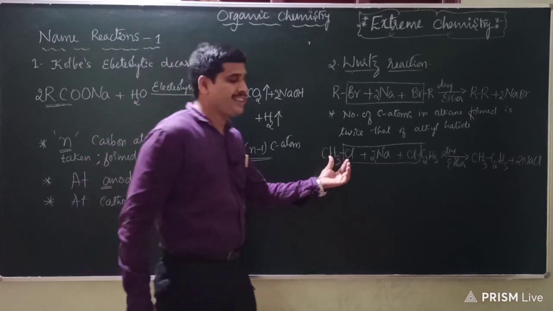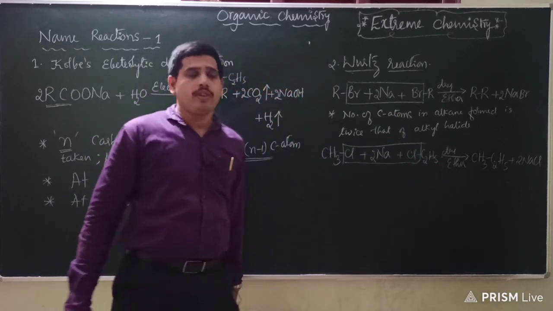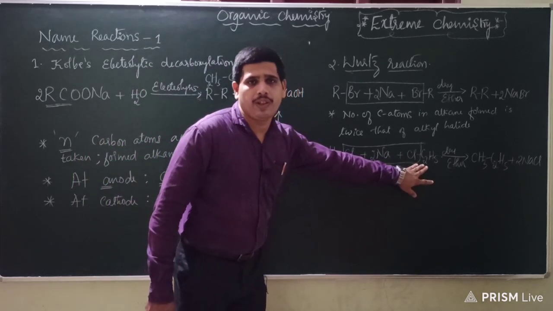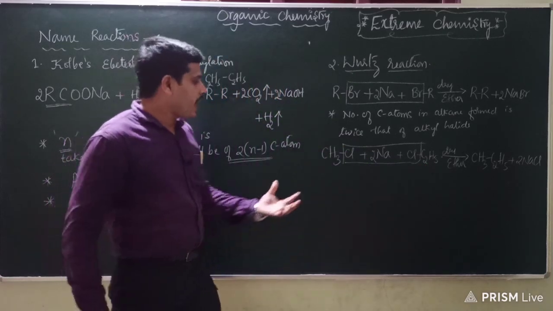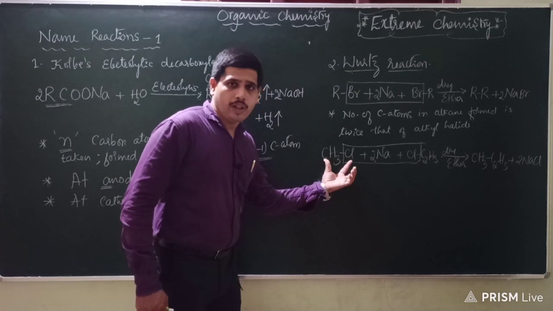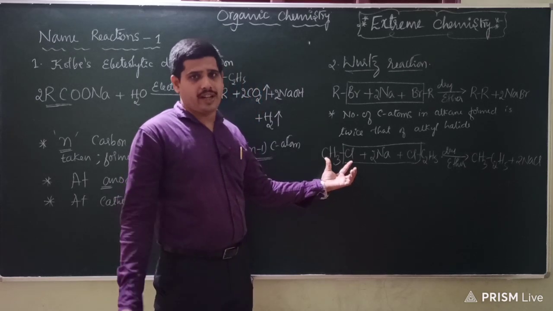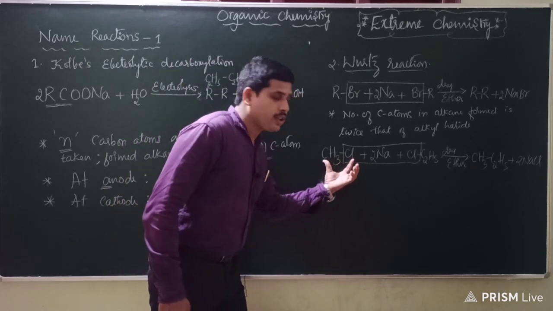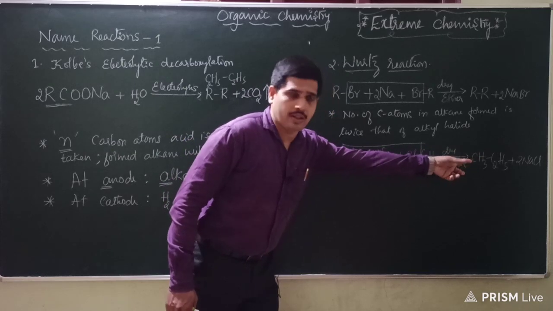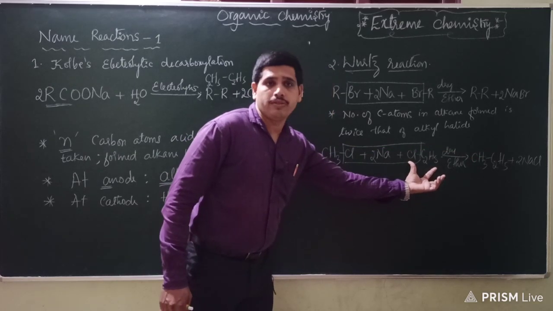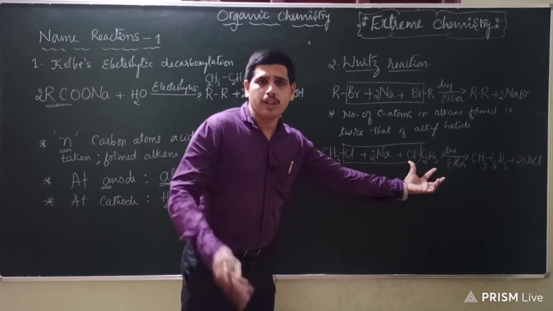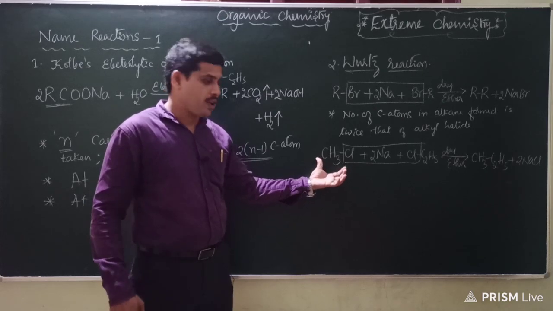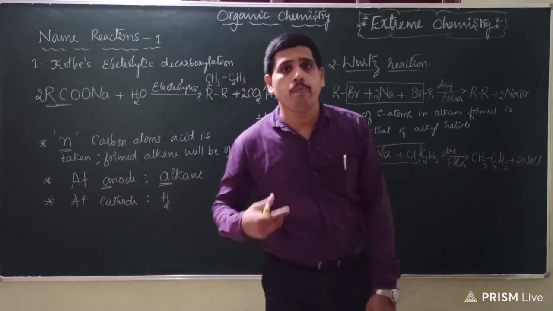It is not that one molecule of ethyl chloride is reacting with another molecule of methyl chloride. It is 1 mole of methyl chloride reacting with 1 mole of ethyl chloride. So there is no guarantee that the same methyl chloride molecules among themselves cannot react. Am I right? What I mean to say is, one molecule of methyl chloride, according to the product, is reacting with another molecule of ethyl chloride, or one more molecule of ethyl chloride. But you cannot control this when you are doing the reaction in molar ratio. Why do I say that? Because 1 mole is equal to the Avogadro number of molecules.